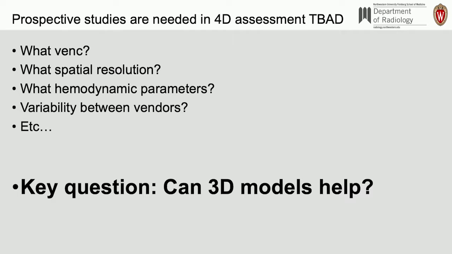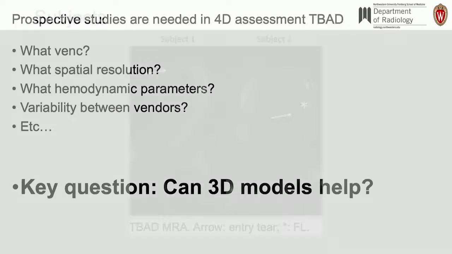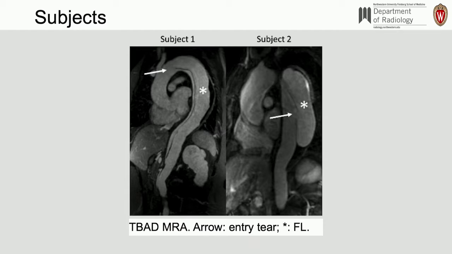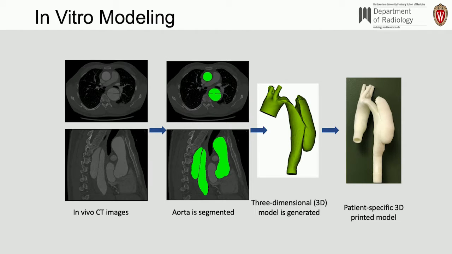And so we thought, can 3D models potentially be useful to help answer some of these questions? And so we first just wanted to get a handle on what 3D models actually can do in type B patients. So we retrospectively identified 2 type B aortic dissection patients that had in vivo 4D flow performed as part of their sort of clinical evaluation, and then generated 3D printed models of these 2 patients using either high resolution CT or MR data,